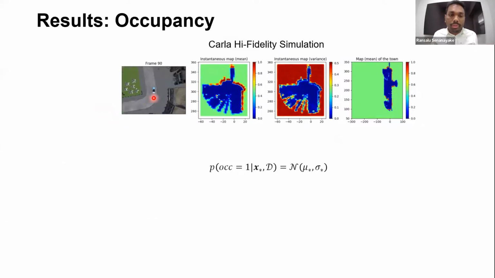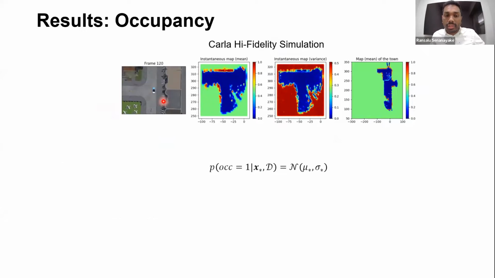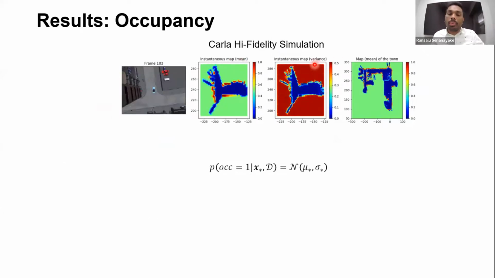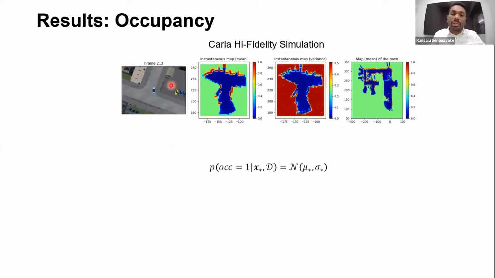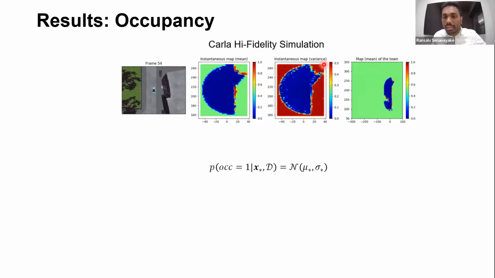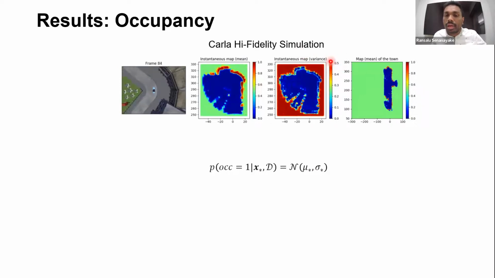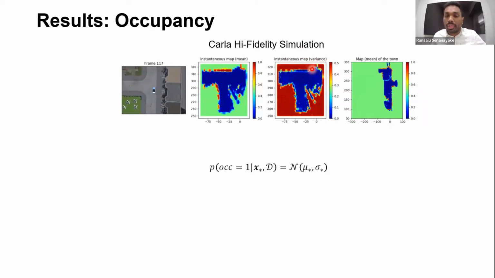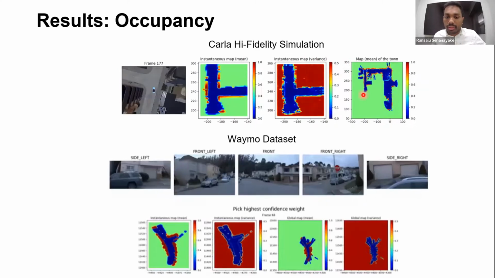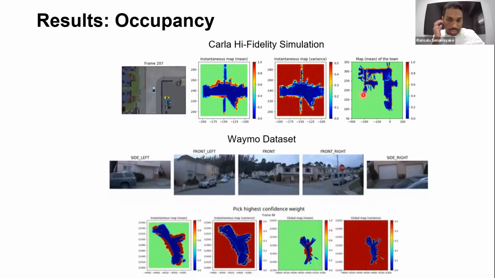Now we can scale this. This is a car in a simulated environment. We can get the mean occupancy, and the variance of the occupancy is high behind buildings. This has a LiDAR, and the LiDAR cannot see what is behind the building. That is why the variance, or the uncertainty, is really high in some areas. We can keep doing this and build this kind of map for really large environments.